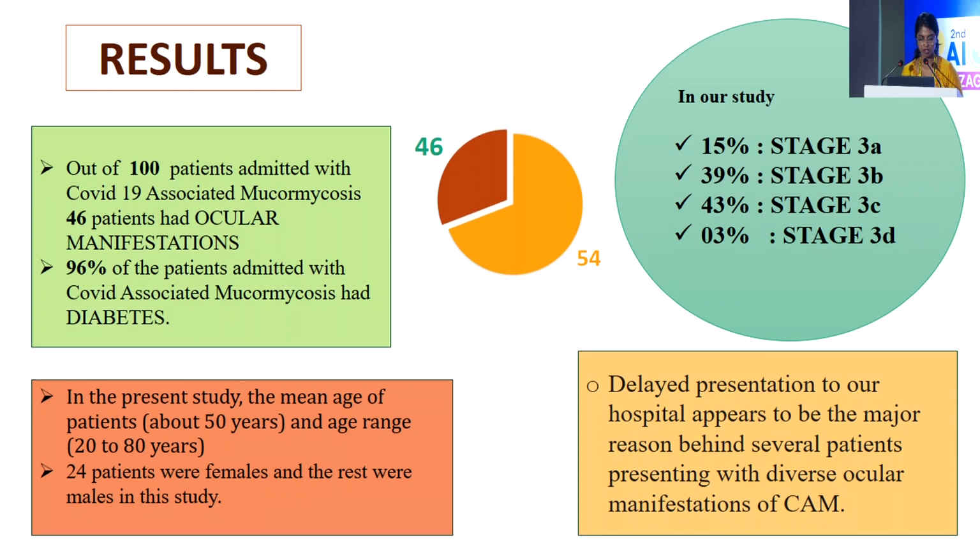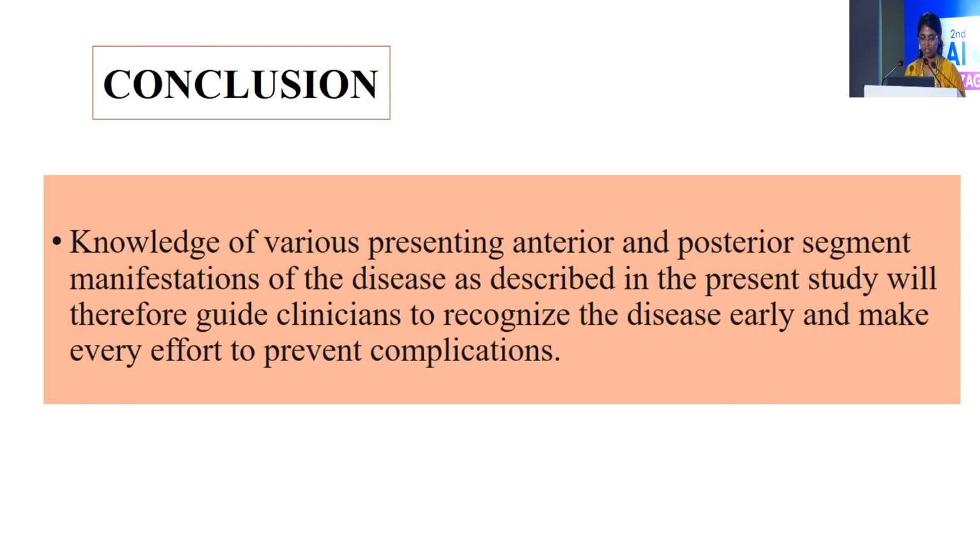In the present study, the mean age of patients is 50 years and the age range is between 20 to 80 years. In our study, 15% are in stage 3A, 39% are in stage 3B, 43% are in stage 3C, 3% are in stage 3D. Conclusion: knowledge of various presenting anterior and posterior segment manifestations of the disease as described in the